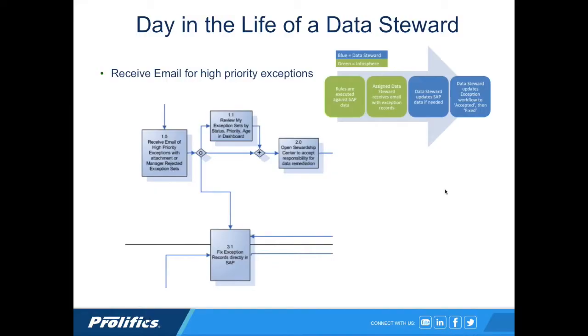So here's a small segment of the business process flow. Number one, they receive email for those high priority exceptions. Just for the high priorities, you can label a rule as high, medium, or low. The high priority rules are emailed, the exception set emailed to the steward of record as part of the business process management system. And now the steward can pick that email up, apply the fixes to the data in SAP,